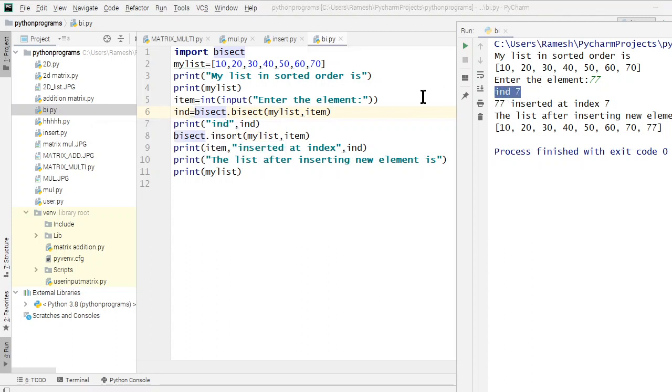See, this is finding the actual index. And then after we are using insert, which is inserting that item in the appropriate list. So bisect module is finding the actual index, and insert function is inserting the value at its right position.